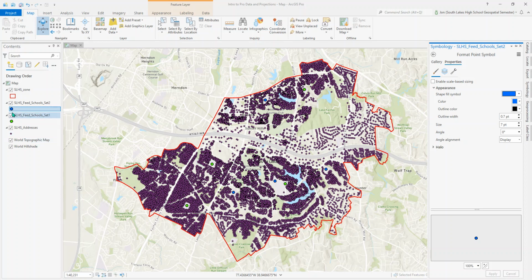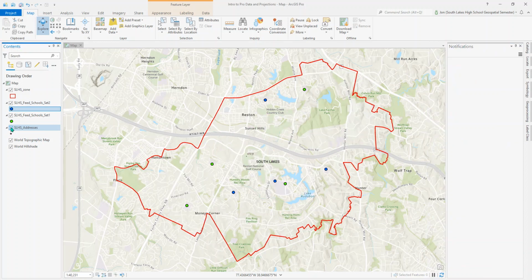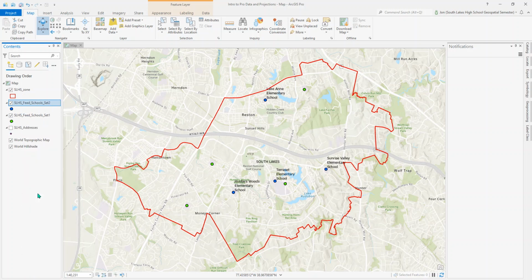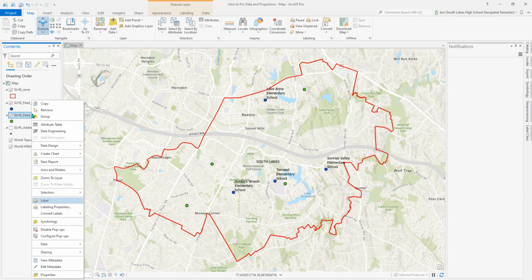Now let me turn off some of these. Let's go ahead and turn off all these addresses for a minute so we can see these points. So we have, in fact, let's go ahead and label them now that we have space. So we can click on the first on the blue, on set 2, right click and label. And it looks like, yep, those elementary school names got labeled. And we can do the same thing for the